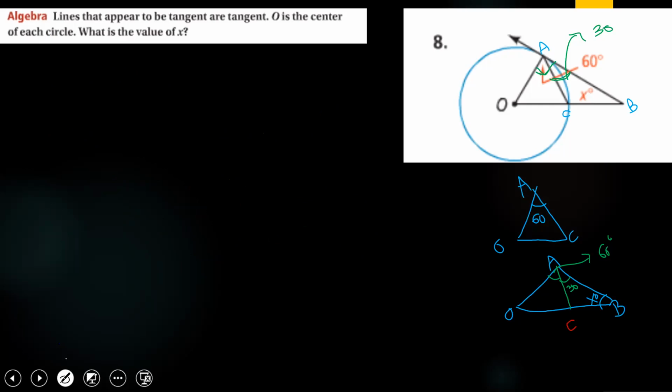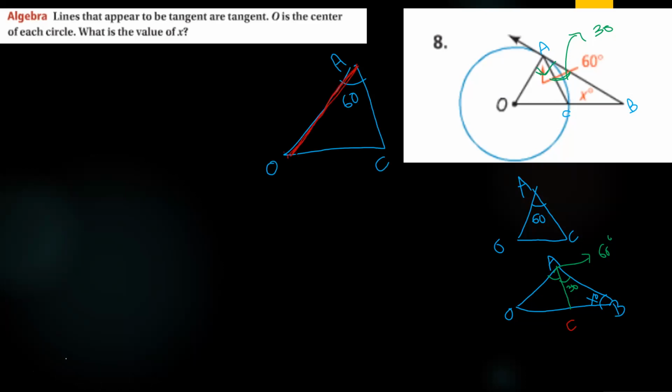They are isosceles, yeah. Yeah, they are radius. Now that means if you look here at this triangle, if you take it out, here we have A, here we have C, and here we have O, and here is 60. Now since OA and OC are two radiuses here, so that means,